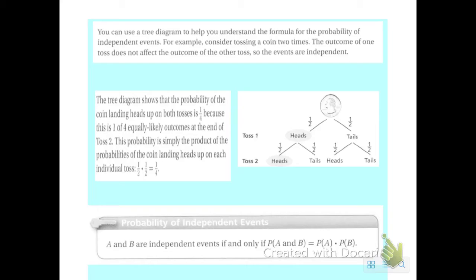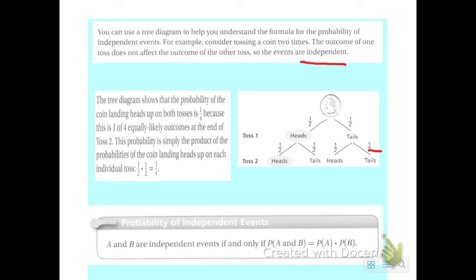Here we want to look at the second standard, and to me it's a little bit easier to use. You're looking at a tree diagram to help understand the formula for the probability of independent events. For example, consider tossing a coin 2 times. The outcome of one toss does not affect the outcome of the other toss, so we know that the events are independent. The tree diagram shows the probability of a coin landing on heads on both tosses is 1/4, because